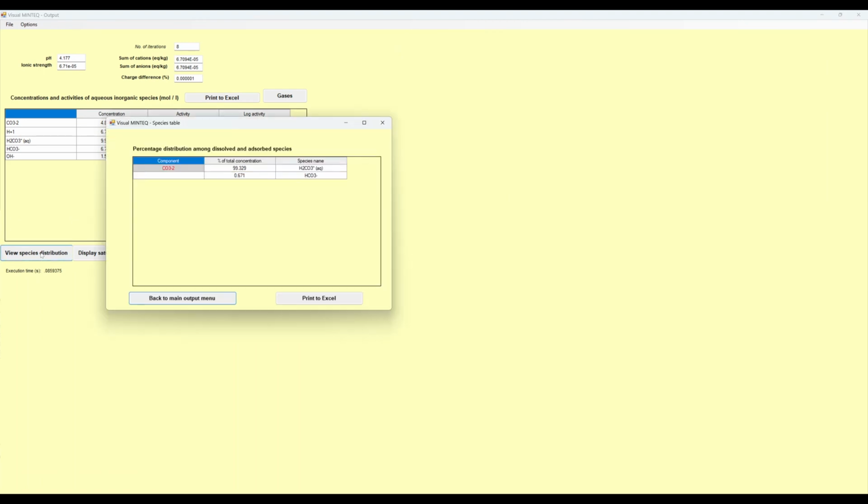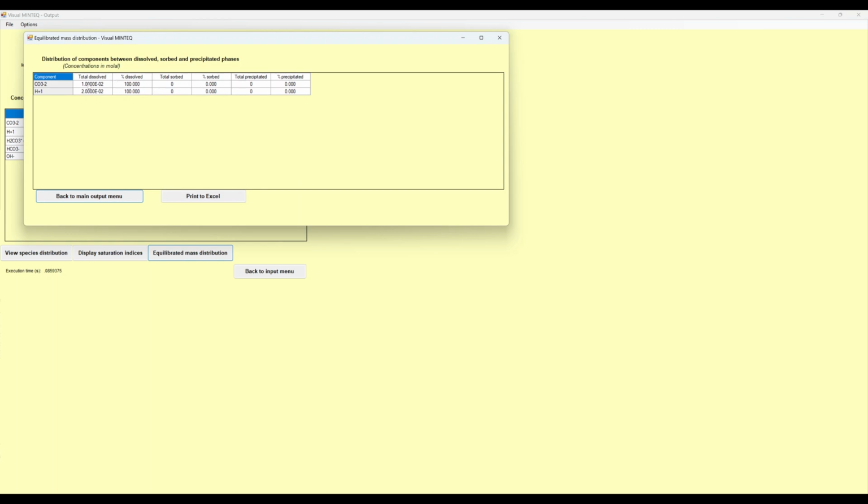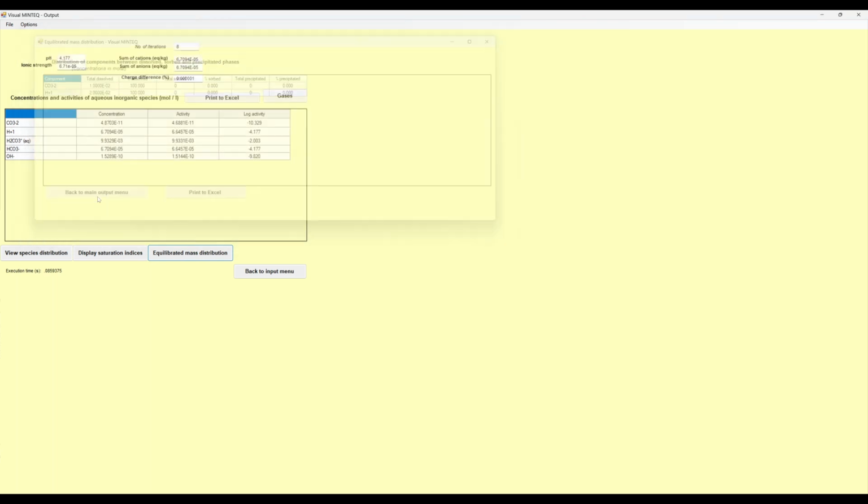So the same thing, we have the species distribution is 99% in the form of H2CO3 and less than 1% bicarbonate and a very negligible amount of carbonate. And the saturation, nothing is precipitating, and the equilibrium mass balance is just giving us that it's all dissolved. So that's about the pH part of the calculation. So we calculated pH for carbonic acid when 10 to the minus 2 molar of carbonic acid is added